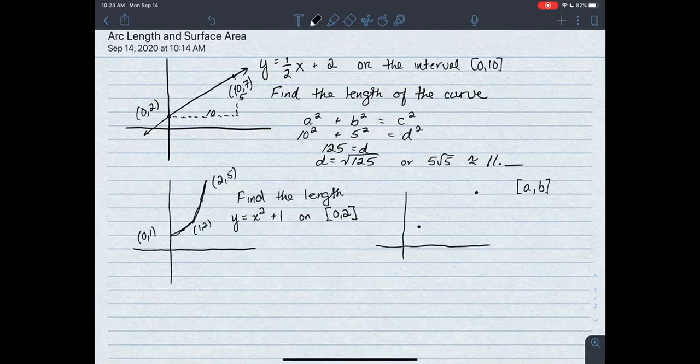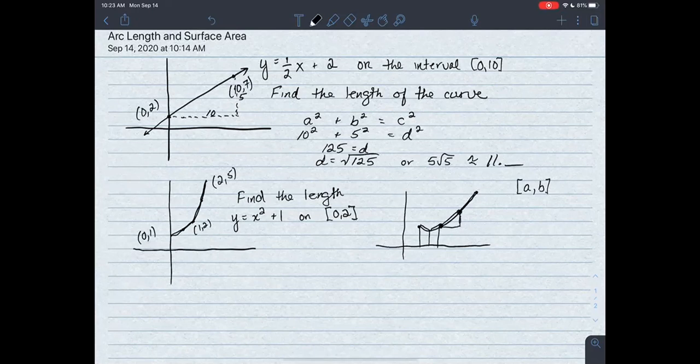I'm not going to make it too funky. I'll just make it look like a parabola or something similar. And what we're going to do is we're going to chop it up. So we'll chop into little pieces, and we'll try to get that distance plus that distance plus that distance plus that distance. And if I blow up just one of these,